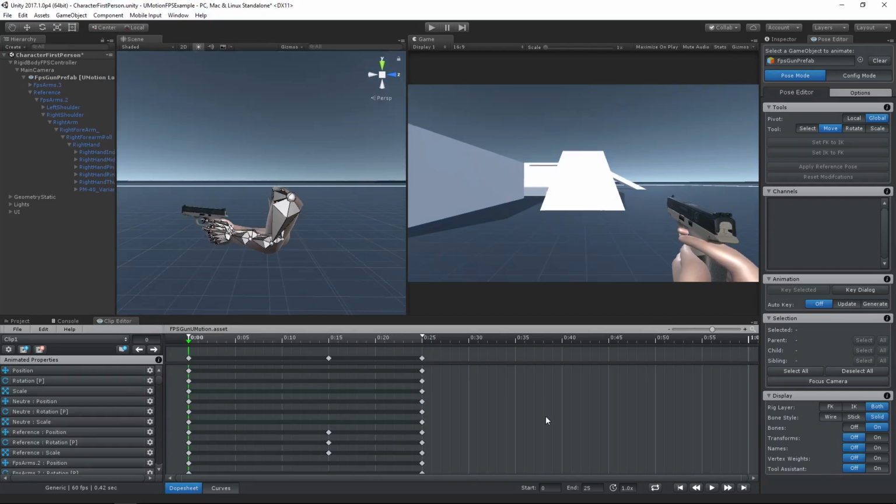What's really important to make the animation look realistic is that the duration between two poses is correct. The more frames that are between two poses, the slower the movement will be. Let's play the animation in real time to check the current timing. There are two things that are currently not correct. The overall animation is too slow, and I think the duration of the first part of the animation should be faster than the second part, as the recoil would push the gun backwards faster than the human will be able to bring it back into the original position. It's easy to correct the timing by moving the keys along the time axis.